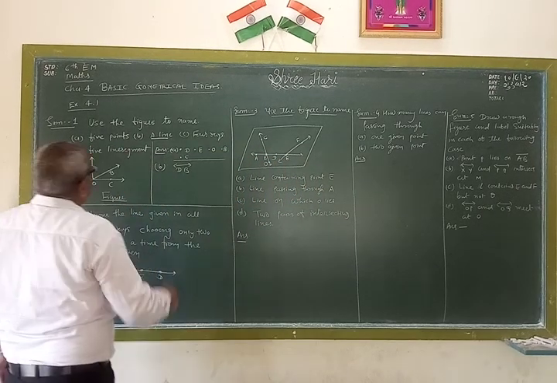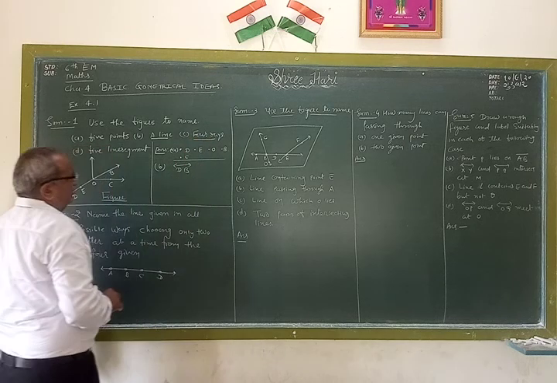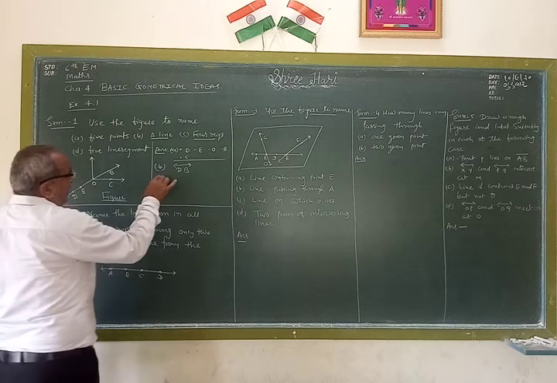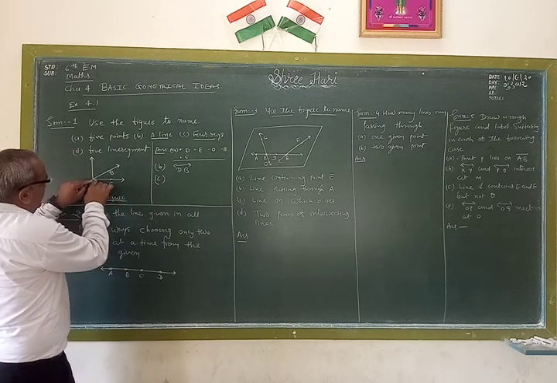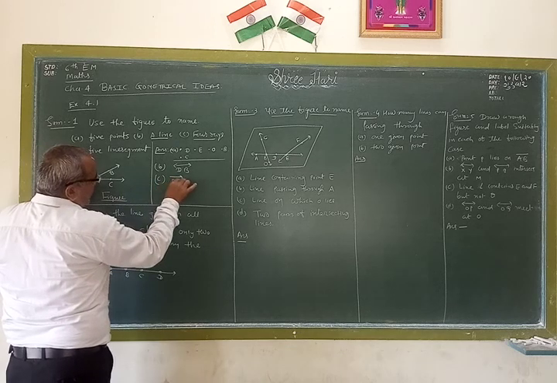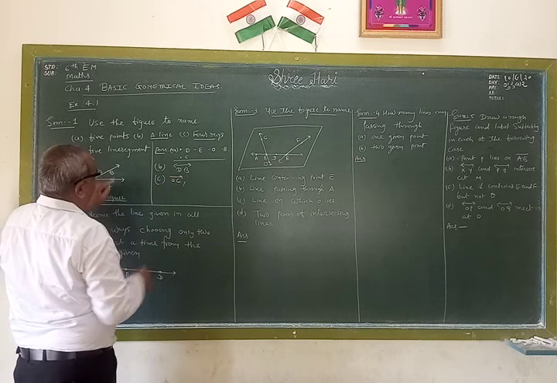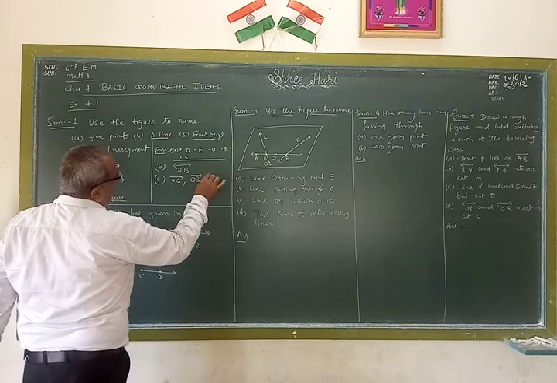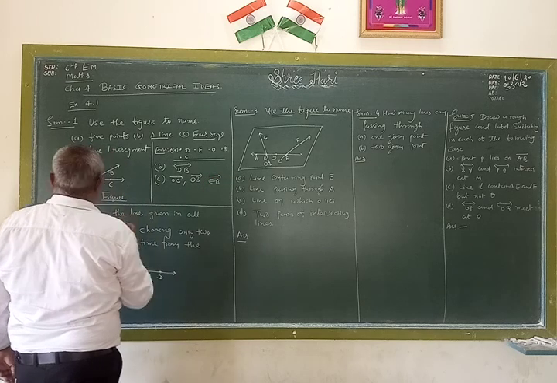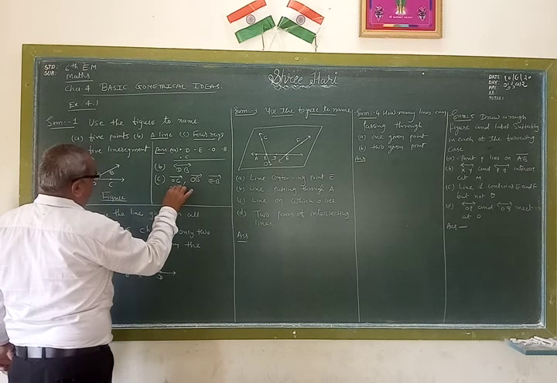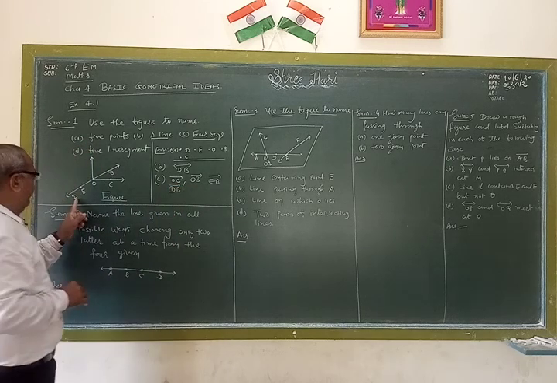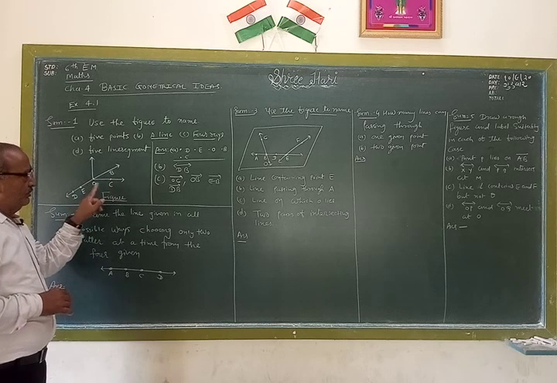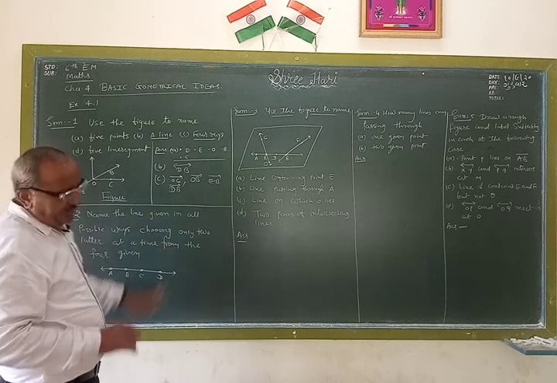Now C, 4 rays. Give the 4 rays. Friends, a ray has only one end point. Answer C. Friends, ray OC, 1. Then ray OB, second. Then ray EB. Then ray DB. We can say ray DE also, ray DO also, but these are the 4 rays.